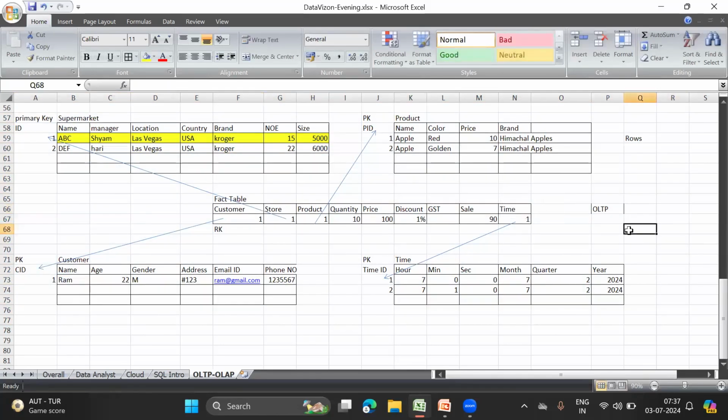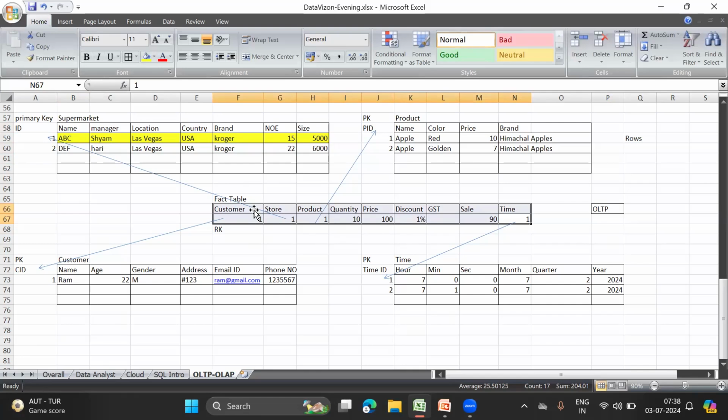Okay. Now, there is also one concept called OLAP. But first of all, let us look at over here. So we had different entities. We created the attributes, and then for each attribute we created a column, and then we filled that table with some data, and then we created a fact table and linked it back to the dimension table. But what is the use of this table? Why are we even bothering about this? Because we are only referring to the data. Why do I have to do all this stuff?